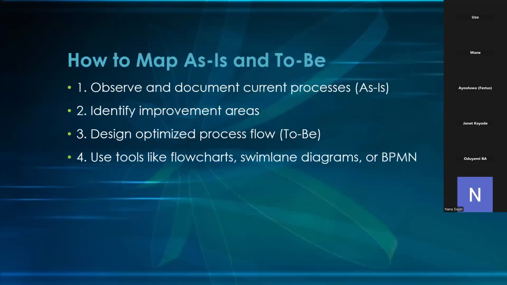So how do you map the as is and the to be? The first thing is to observe and document the current process. So when you come,